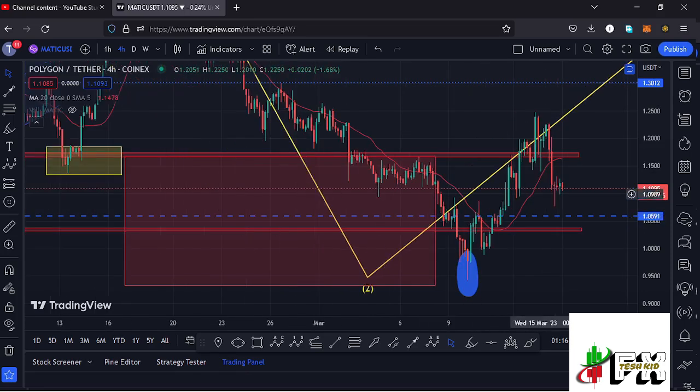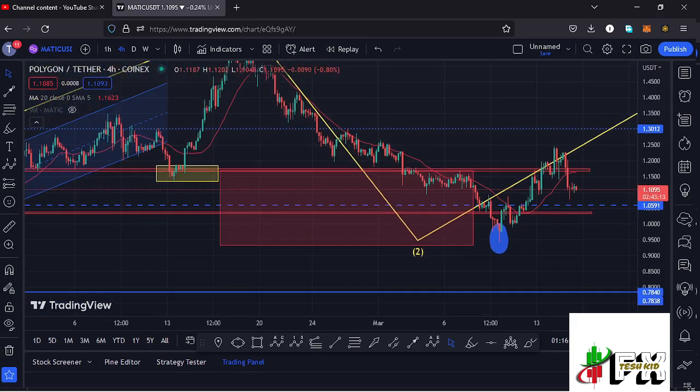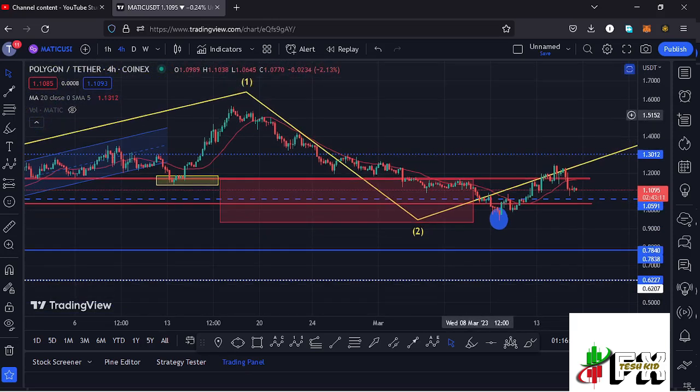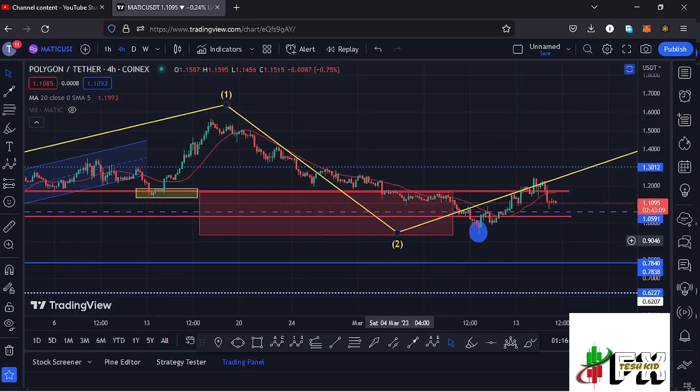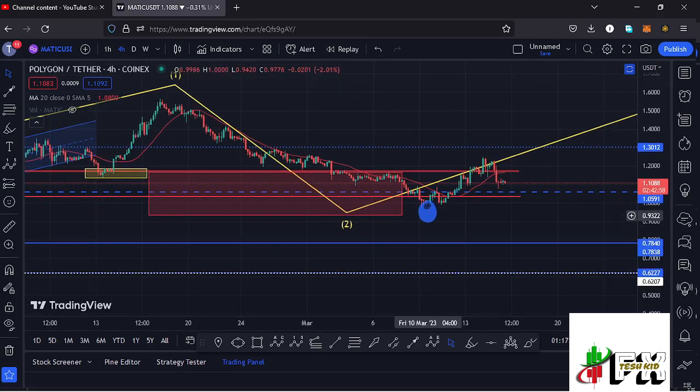$1.0339 mark. We have also continued to obey the Elliott structures, where we had been seeing a bit of a breakdown to the lower side in the formation of this larger Elliott wave count 2, in a move that has managed to get into the minimum retracement area, which lies between the $1.17 mark and the $0.935 mark, in a move that has now given us a low at around the